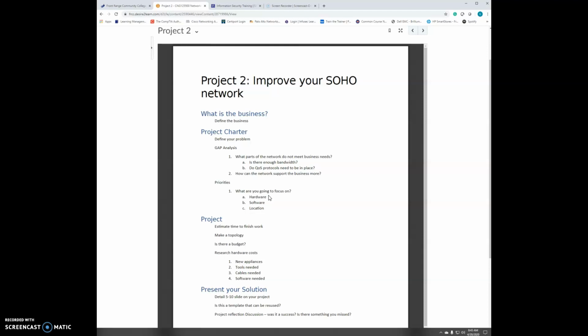A lot of different things you can focus in on, especially in this case study, that you can say, okay, you know what? This is an area of improvement that needs to be done. I have a friend that does medical billing from her house, so she has to have fax and scan and a paper shredder. She has to have that in her house in order to do her job, and she's audited for that. So definitely a lot of different ways you can go with this.